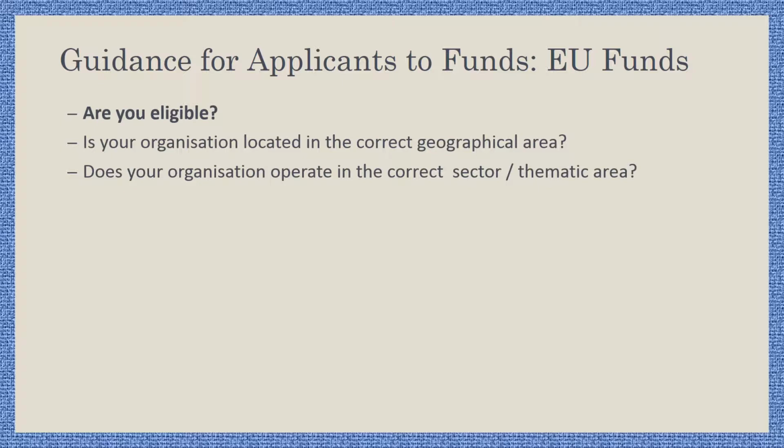Okay, so does your organization operate in the correct sector or thematic area? By thematic area, a lot of EU funds are around a particular topic, or what they call smart specialization. So for example, different sub-national units of an EU member state, let's say take England for example, will have different thematic areas that they work in. So through working with local government bodies and things like the LEP, local enterprise partnership, they'll decide that this county or this region has this thematic theme that we want to push. So to give an easy example,